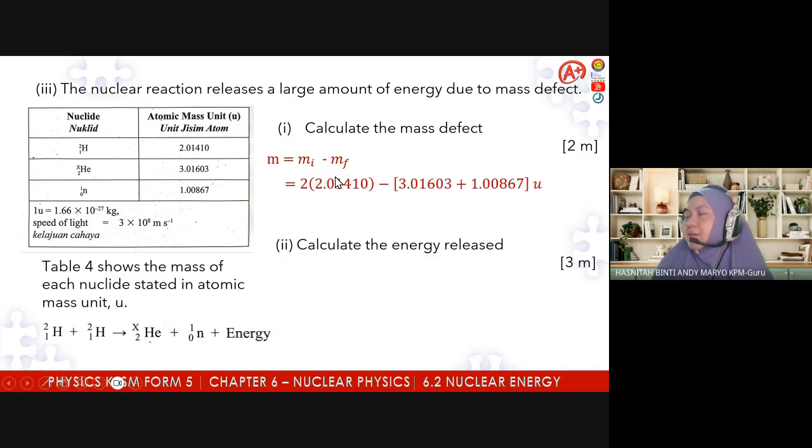So this is the value. We have two deuterium there, minus this is the mass for helium and this is the mass for neutron. Okay, so the answer will be